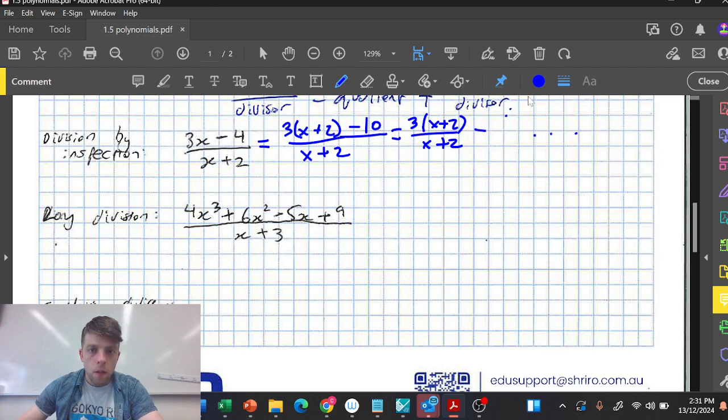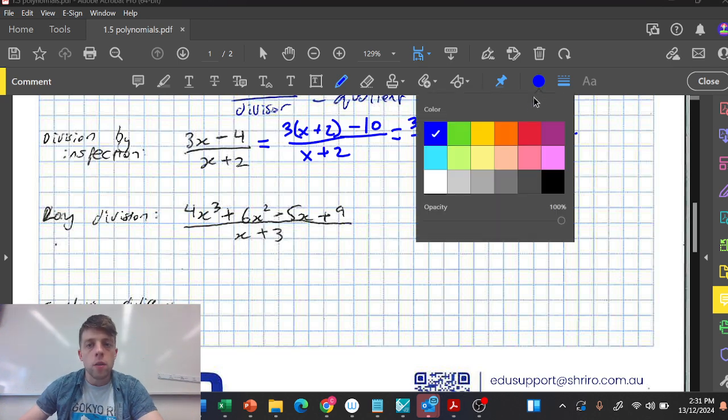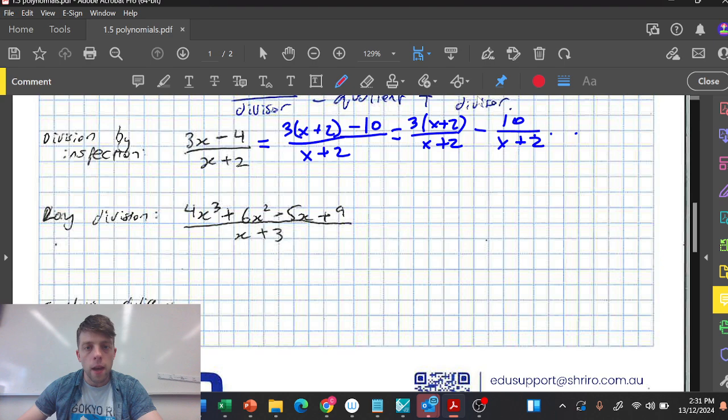Minus 10 over x plus 2. And now we're going to notice a very useful thing happens. We have an x plus 2 up the top and x plus 2 down the bottom. So the binomial factor that's up the top and down the bottom, they cancel out because x plus 2 divided by x plus 2 is going to be equal to 1,